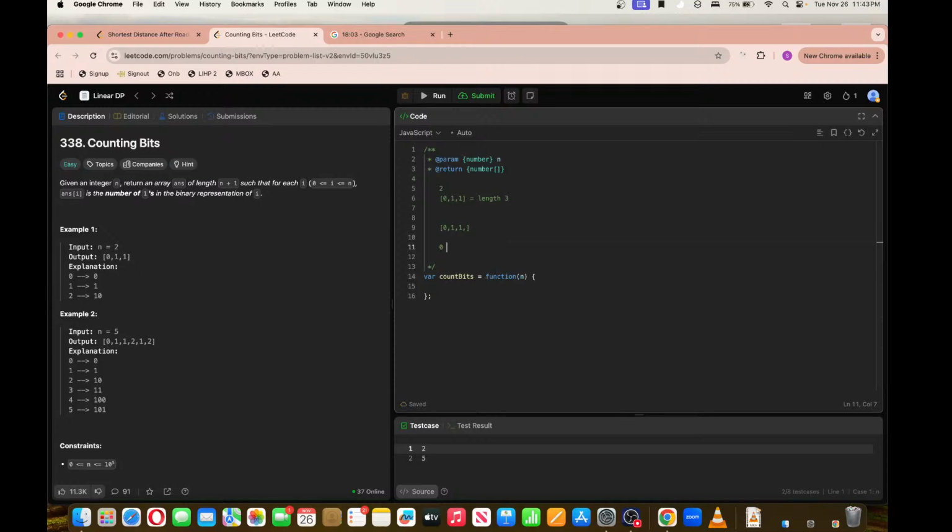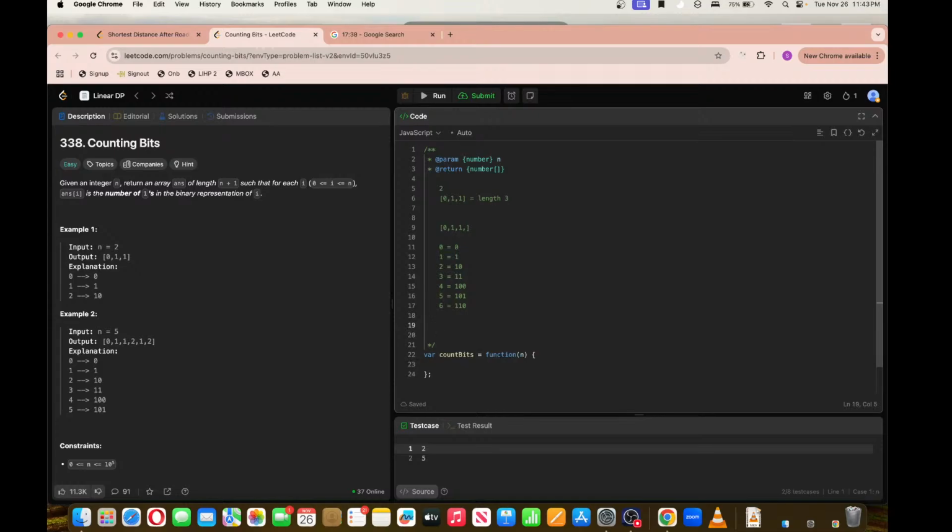Binary representation: 0 is 0, 1 is 1, 2 is 1, 0, 3 is 1, 1, 4 is 1, 0, 0, 5 is 1, 0, 1. So I am adding it every time. So 6 is 1, 1, 0,